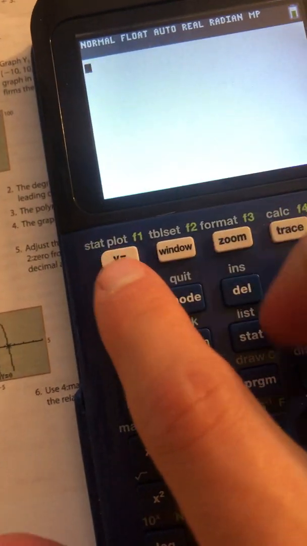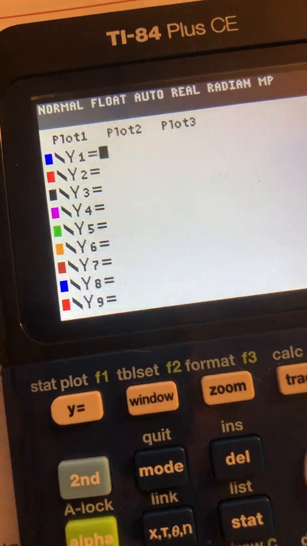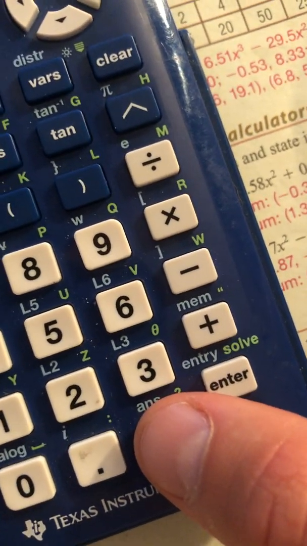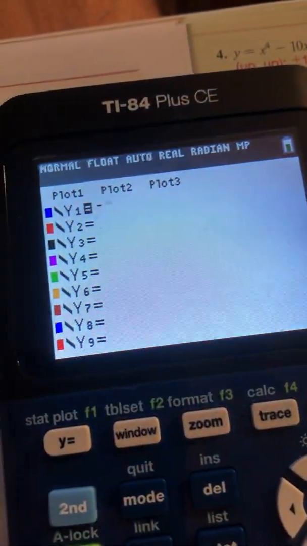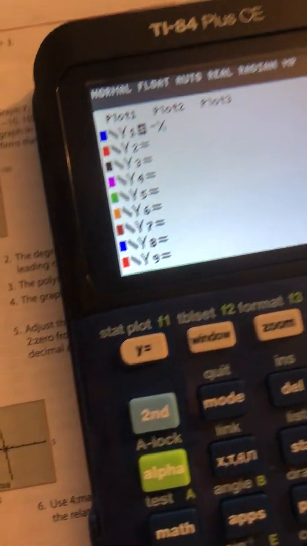Where I have y equals right here, I'm going to hit y equals, and that gives me a place to plot my points. Now I want to take our negative x to the fourth, and you're going to want to hit the negative button out here first. So hit negative, then we hit x right here under link, raised to the fourth,